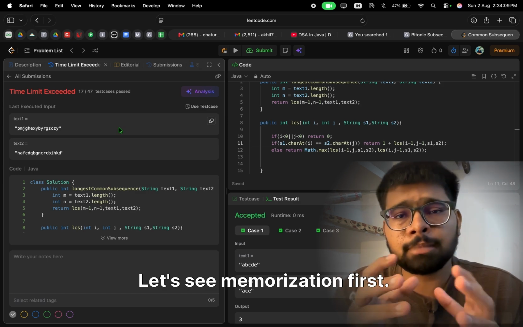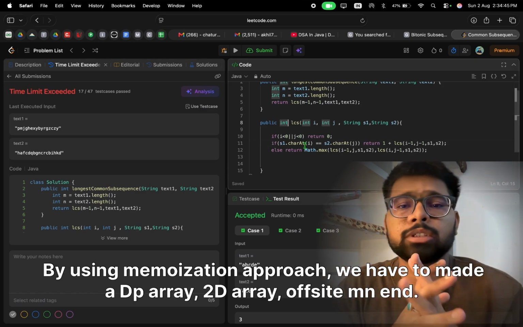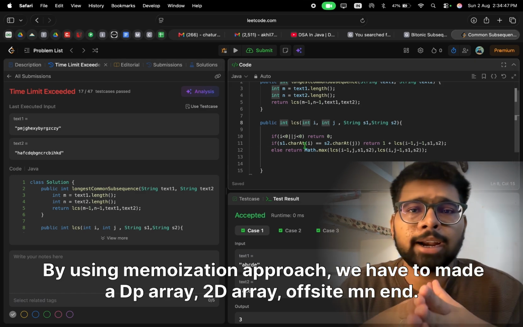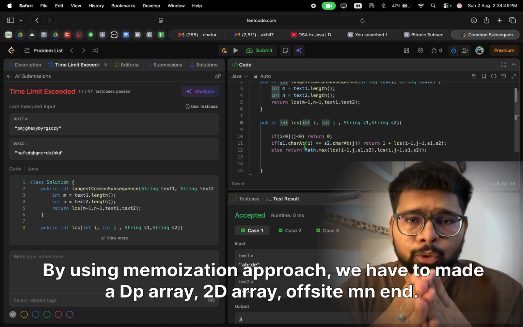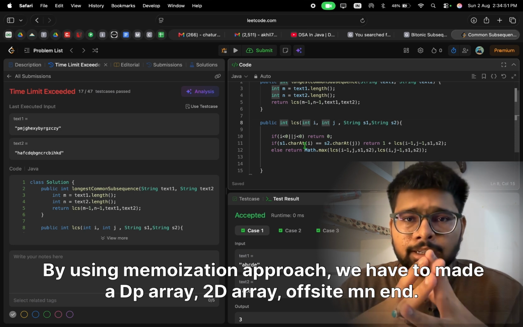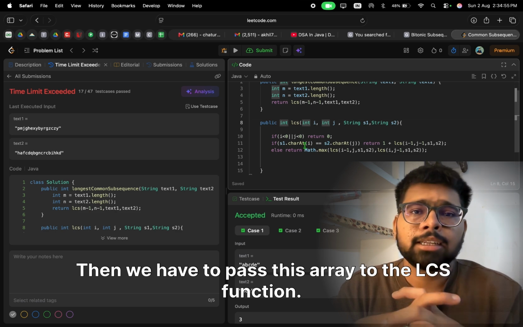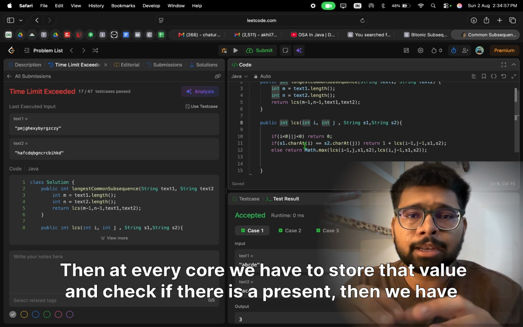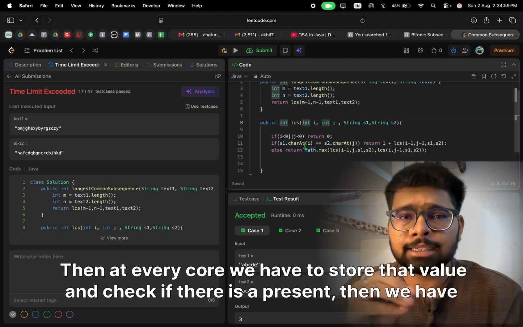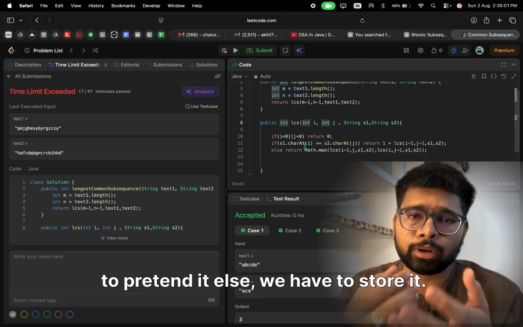Let's see memoization first. By using the memoization approach, we have to make a DP array, a 2D array of size m and n. Then we pass this array to the LCS function. At every call we store that value and check if it is present, then we return it, else we store it.